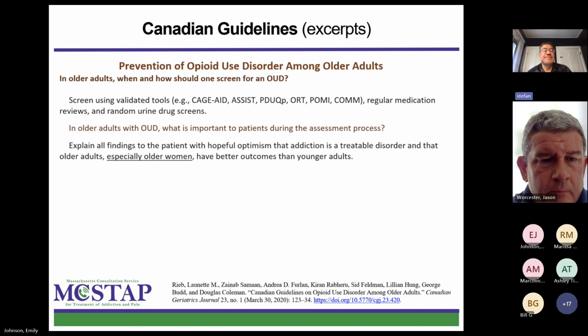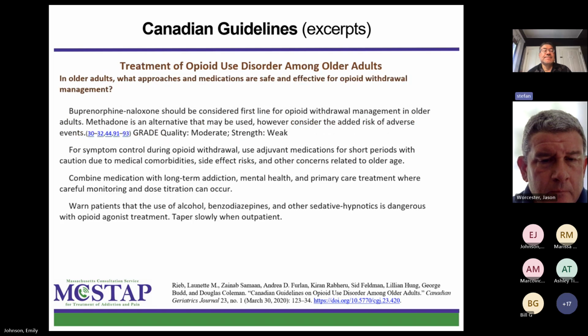Next. Again, buprenorphine naloxone is considered to be first line in managing opioid withdrawal. Methadone is the alternative, not the first agent. Remember adjuvant medications to deal with constipation,